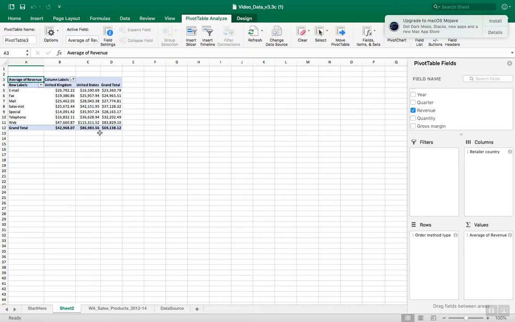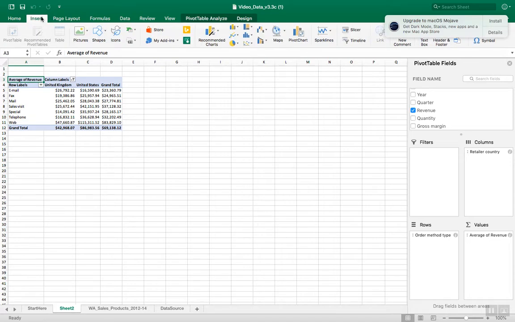We have the United Kingdom with the grand total of $42,968.07, and the United States with $86,983.56. Now that we have this data displayed in the table, let's say you want to show somebody how to put it in a graph